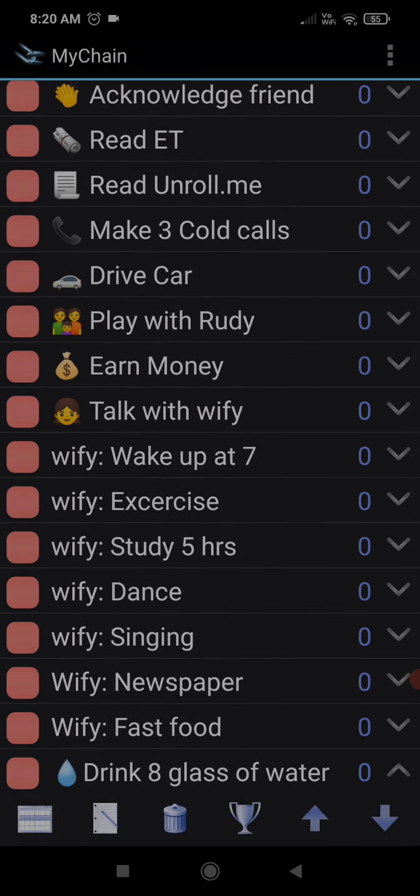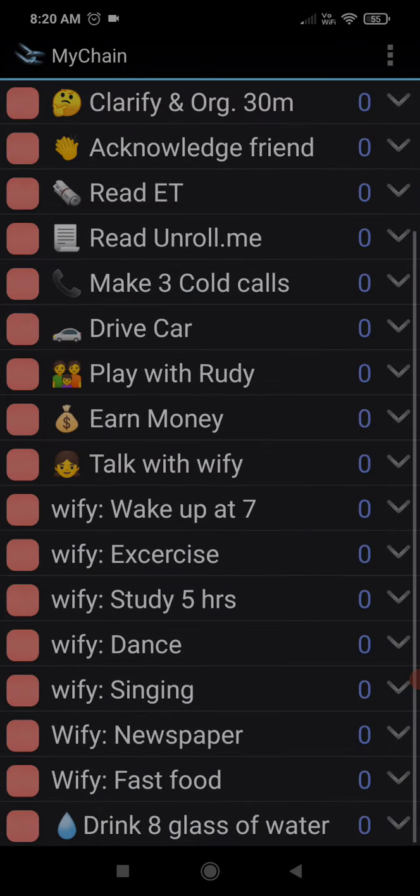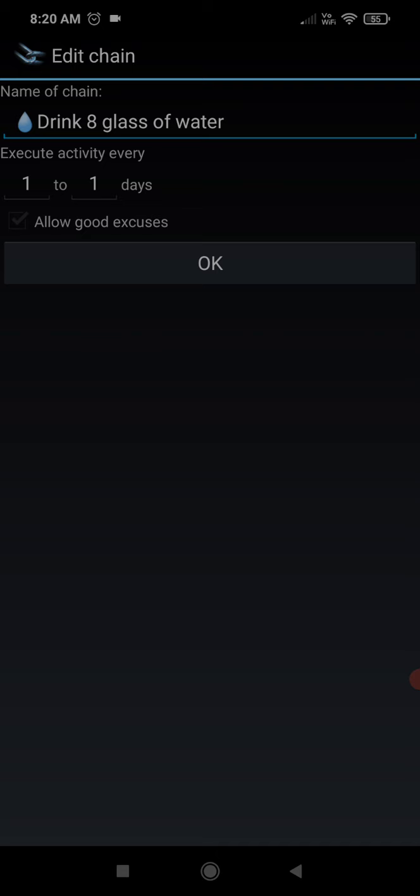these are the icons below. You see, first one is calendar. Let me click on the calendar, and you see these are the calendars that are there. Then I'll go back. What else do you have? You can re-edit the task or the habit.